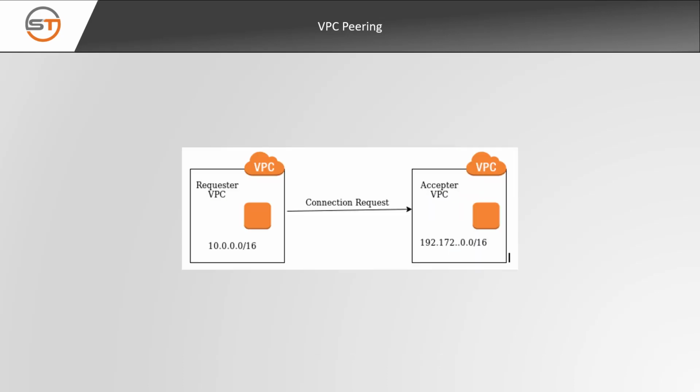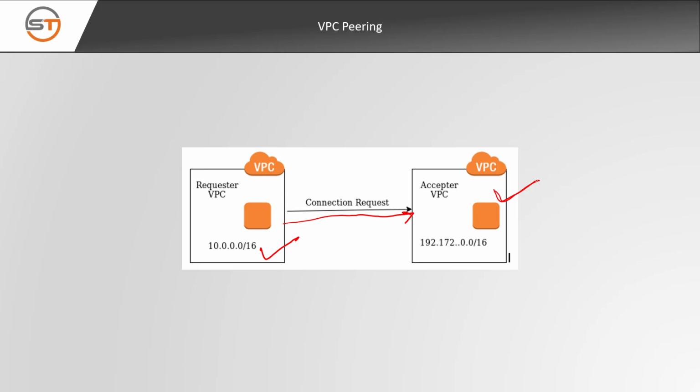A peering connection is set up by first sending an invitation from one VPC to another. Here you can see on the left side the requester VPC and on the right side the acceptor VPC. The requester VPC sends the connection request to the acceptor VPC, which the acceptor VPC needs to accept in order to establish the VPC peering connection. Peering within the same AWS account involves using each VPC ID for identification.